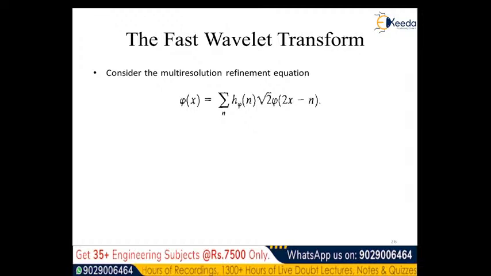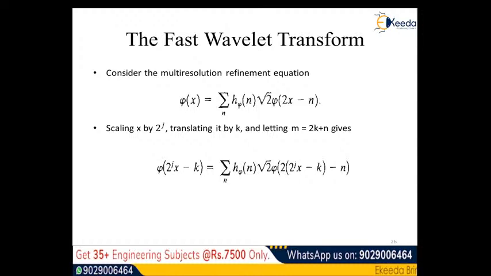Now if we scale the independent parameter x by 2 to the power j, translate it further by k, and let m be equal to 2k plus n,